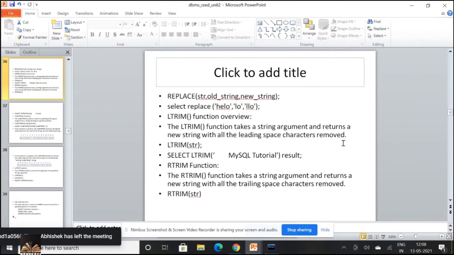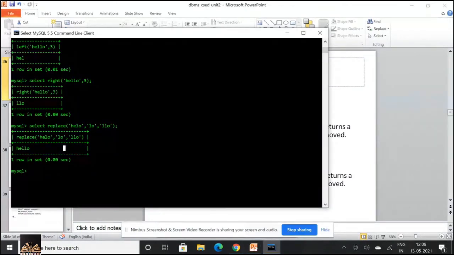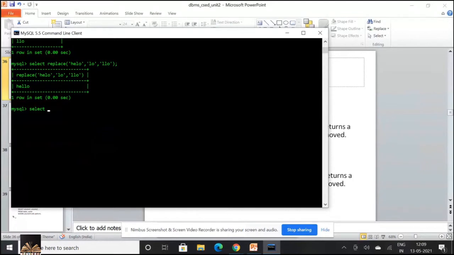Okay, then I'm using ltrim. If you want to eliminate any leading spaces, you're going to work with the concept of ltrim. So see here, select ltrim of hello.